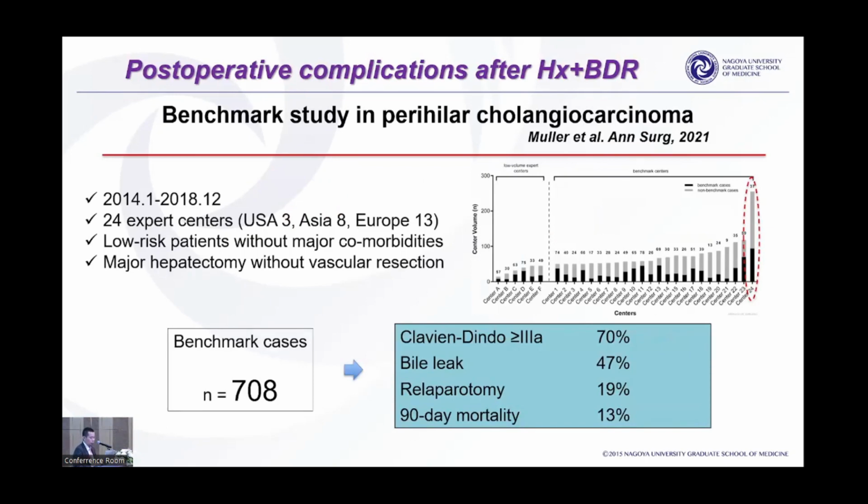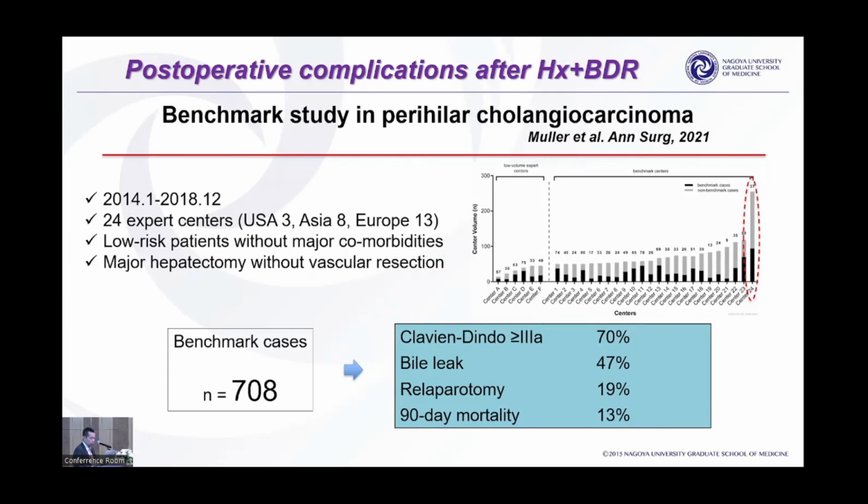As you know, a benchmark study in perihilar cholangiocarcinoma was reported. The study included low-risk patients from 24 expert centers in the world. The procedure was limited to major hepatectomy without vascular resection. A total of 708 patients were included as benchmark cases, and the reported benchmark values